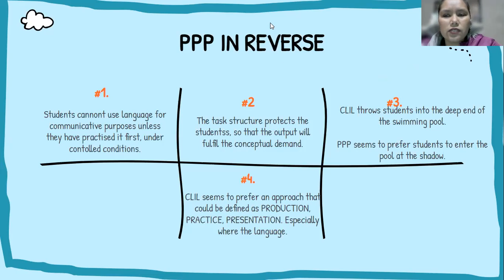Then in this case, we check the PPP in reverse because it's an important method, but this is a comparison with CLIL. The number 1 is that students cannot use language for communicative purpose unless they have practiced it first under controlled conditions. The number 2 is that the task structure protects the students so that the output will fulfill the conceptual demand. The number 3, in comparison with PPP,